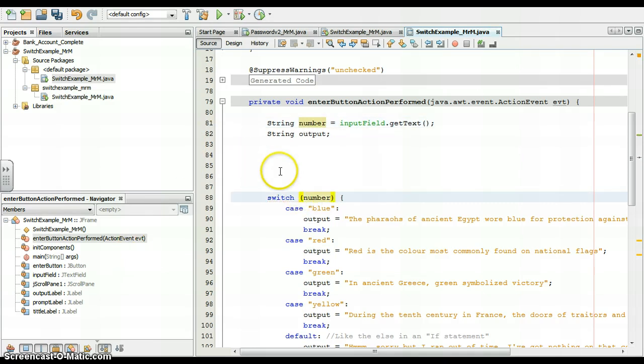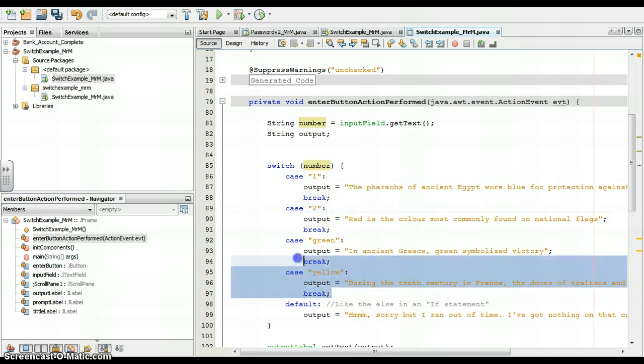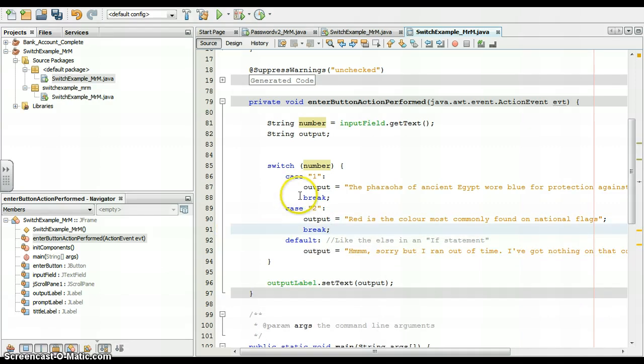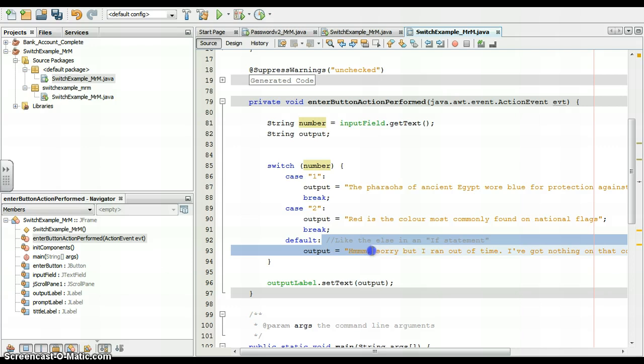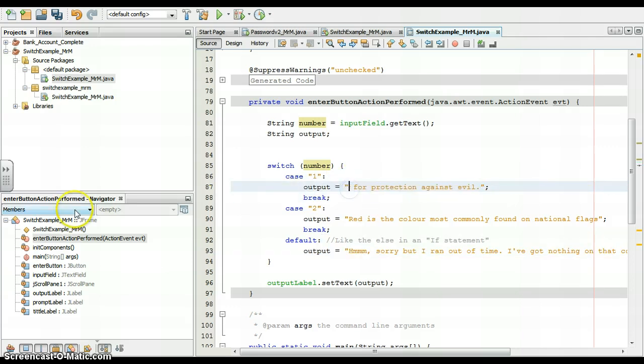And I could use that number to test it against the values 1 and 2. Even though I know them to be integers, if I'm not going to do anything with them, I can simply include 1 in quotations and a 2 in quotations and delete the rest of my cases. And now I've checked if the user's entered a 1 or a 2. And any other value that the user would have entered will be caught in this default case. So if I update my output here to represent how many hot dogs, let's say, that the user would like,